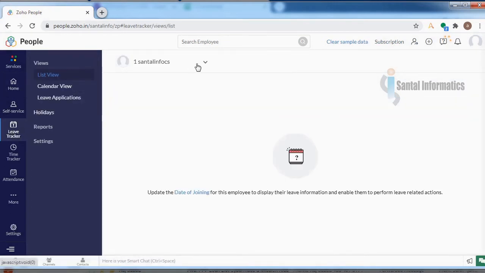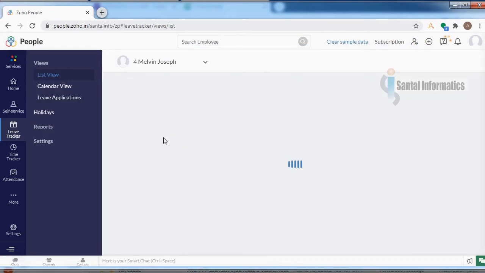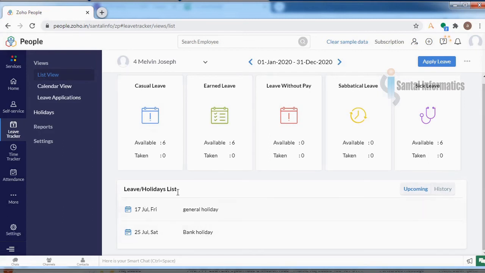In list view, admin can choose the user to see the information of any particular user. Now suppose I want to see the information of this user Melvin Joseph, just select the user to see the current leave available and all the leave application status and holidays here.